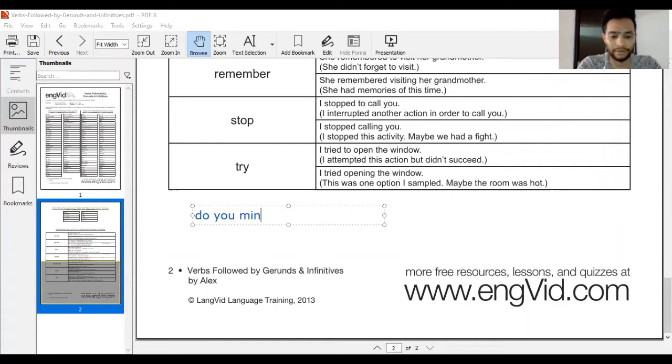Do you mind talking to him? ¿Te importaría hablar con él? ¿O tienes algún problema si hablas con él? Right? So, la respuesta a esto puede ser o yes